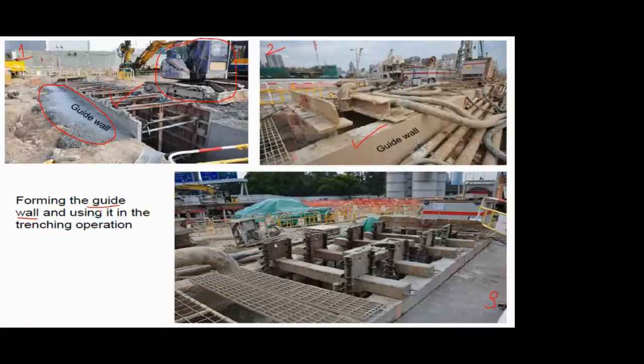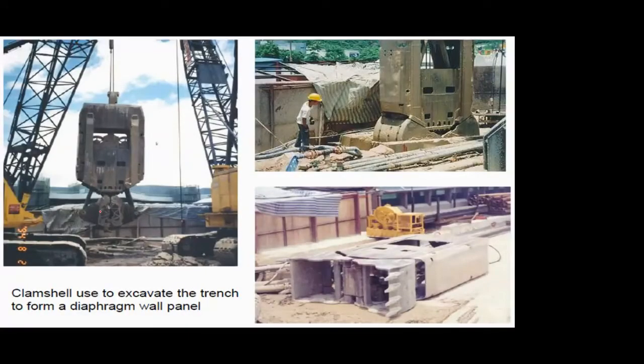That's the first step. Then in the second step, you have to actually do the trench excavation. If you see here, as I told you, initially when this diaphragm wall concept came into picture, the only machinery that was available was the grab or the clamshell that was used for dredging. Now for dredging, you saw it was a bucket kind of thing, a combination of rectangular, trapezoidal and circular shapes.